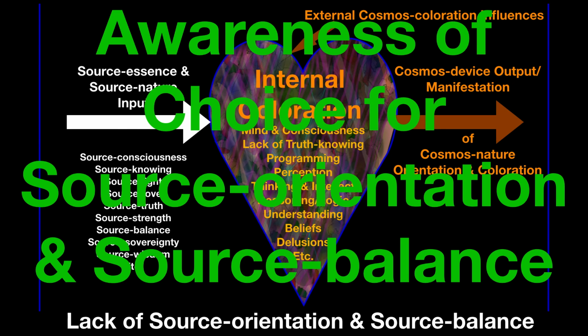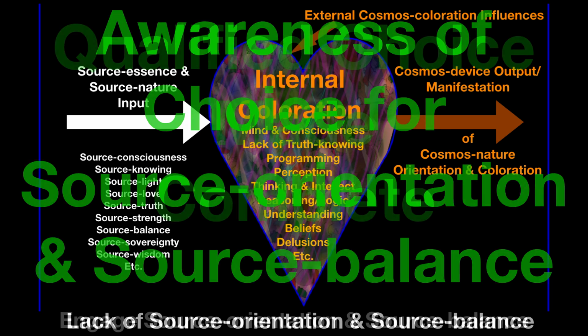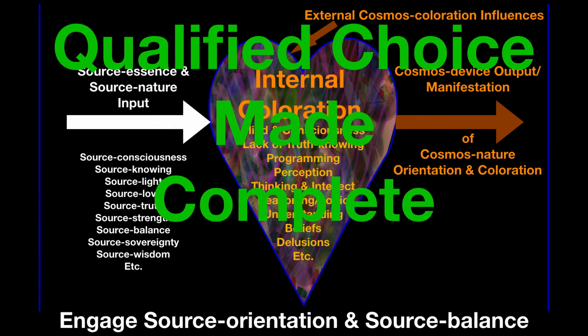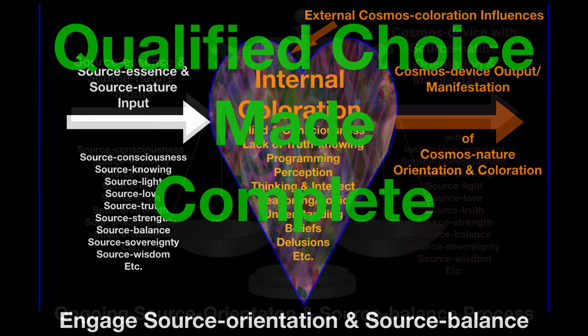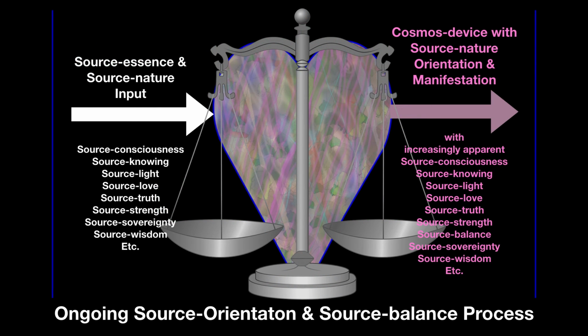With that awareness, we may prefer source orientation and source balance over cosmos nature orientation, and we may affect a qualified choice made complete, thereby engaging source orientation and source balance, and progress in our ongoing source orientation and source balance process